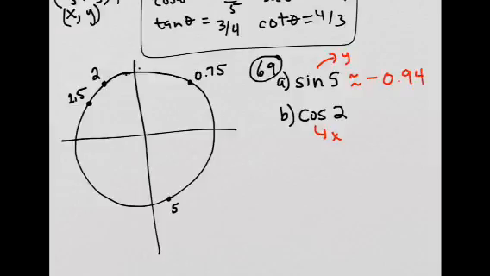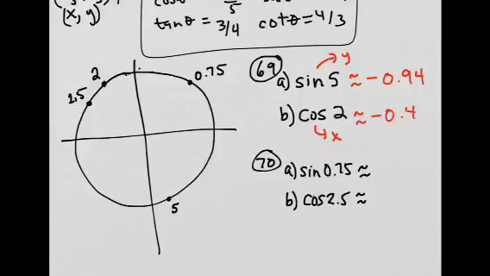Okay, and then you take a calculator to test it out, and I'll do that in a minute. First, let me do the approximations. And then for cosine of 2, here's 2 right here. Now remember, cosine on a unit circle is the x-coordinate. So the x-coordinate, you would drop a line straight down here and see where this lands, right here. So I'd say it's about negative 0.4. Okay, so for sine of 0.75, it's right here, and so we're going to go across this way to see this